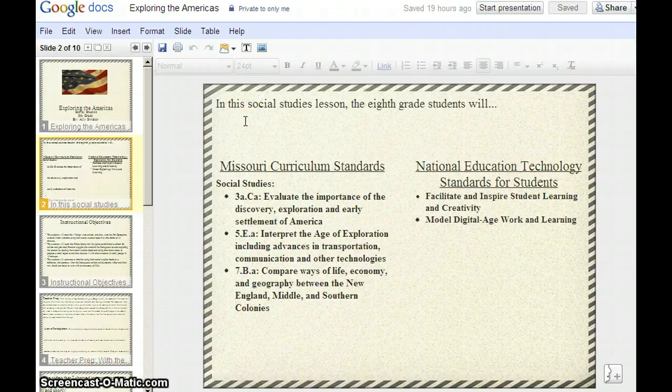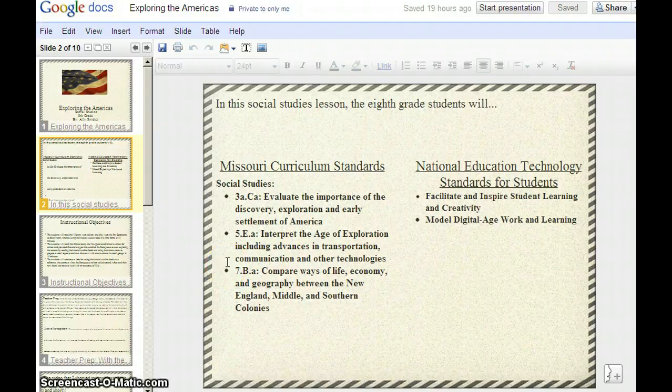As you see, this particular lesson hits on 3 different social studies standards. The first one is 3ACA. The student will evaluate the importance of the discovery, exploration, and early settlement of America. The second one is Missouri 5EA. The student will interpret the age of exploration, including advances in transportation, communication, and other technologies. And the next one, 7BA, is it will compare ways of life, economy, and geography between the New England, Middle,